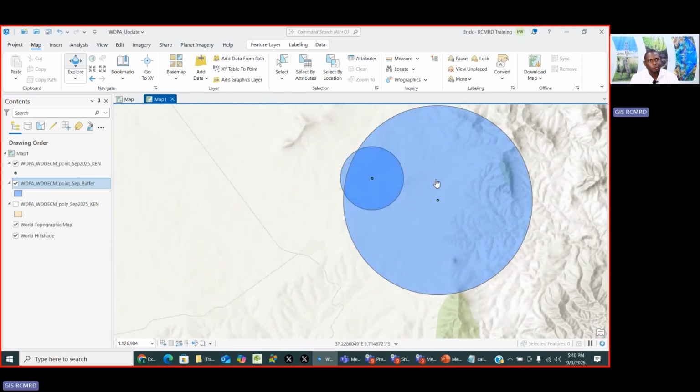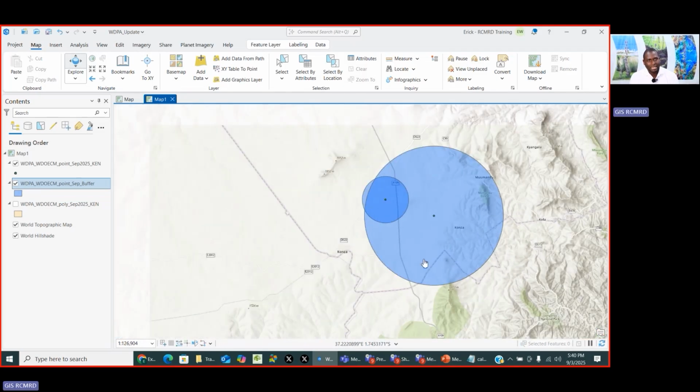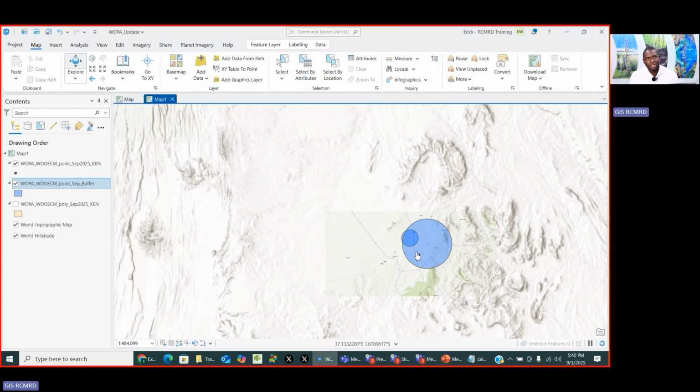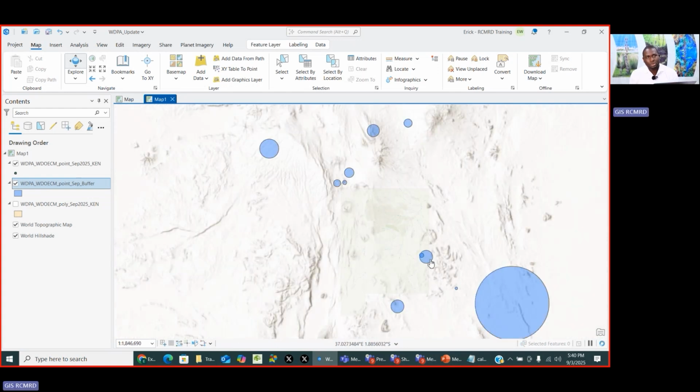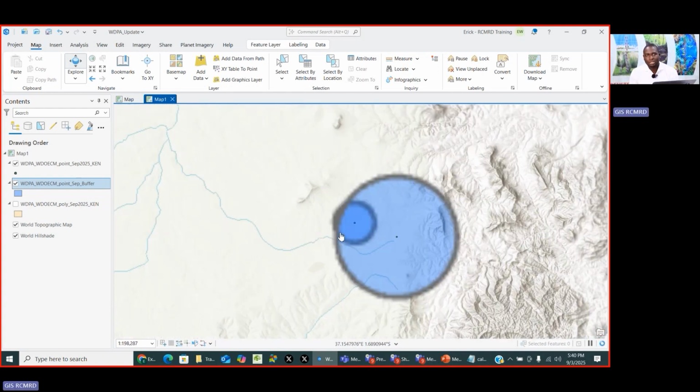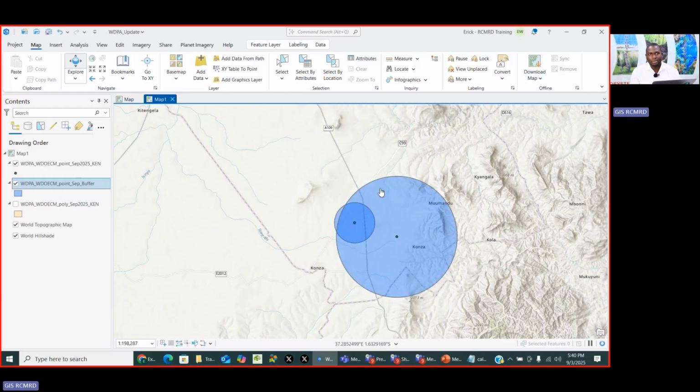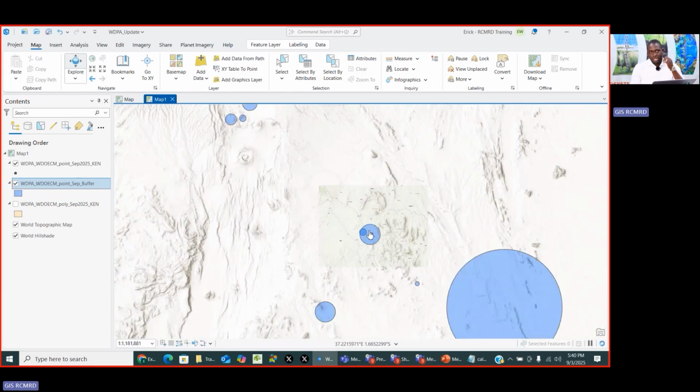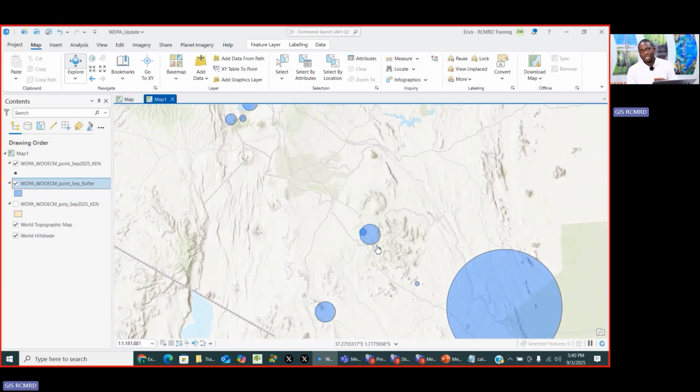Here you can see we have polygons overlapping each other. And the dissolving allows us to avoid double counting in such a situation, because if you sum these two, you'll get an area that is bigger than what it is supposed to be. Though there is also what we call underestimation and overestimation,